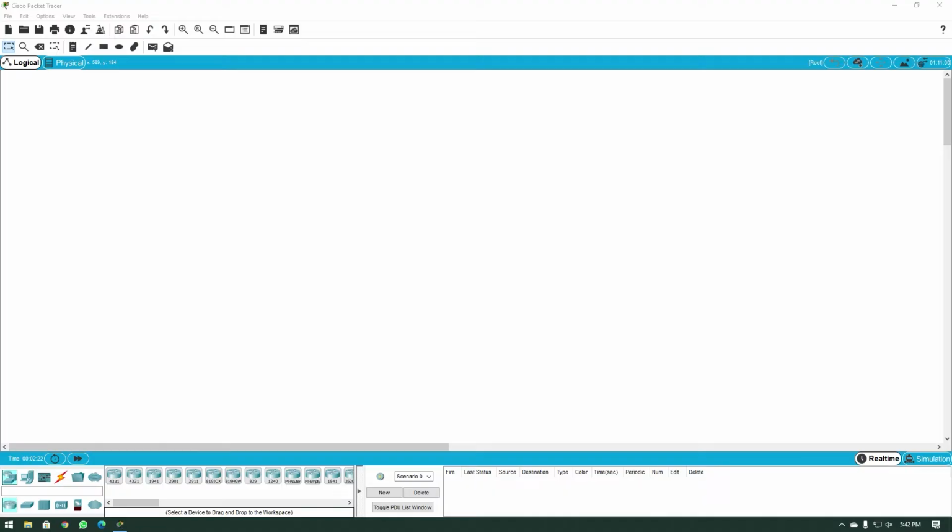But look no further because we have the Cisco Packet Tracer. It is a free to download tool and it's also very small. It does not need a lot of computing resources. And using this, you can set up the network of your dreams and you can simulate different functionalities of the network, figure out if your plan for the network is going to work in real life, and just have fun.